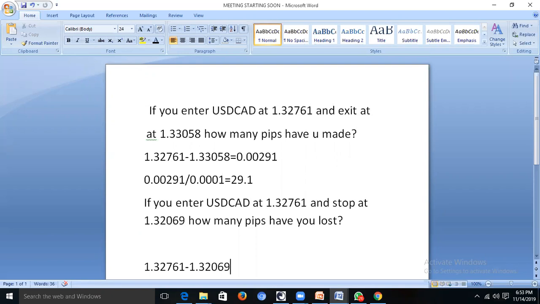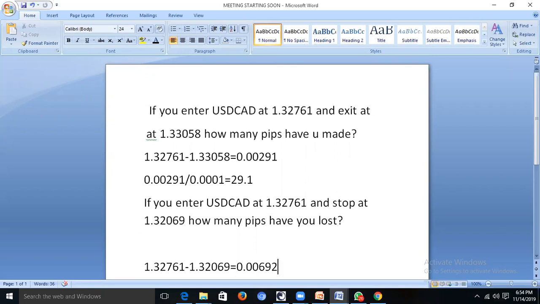If you have a calculator, you can be doing it with me. 1.32761 minus 1.32069. All right, if you are doing the calculation, a number will come out like this: 0.00692. Since we said the pip is the fourth decimal number,